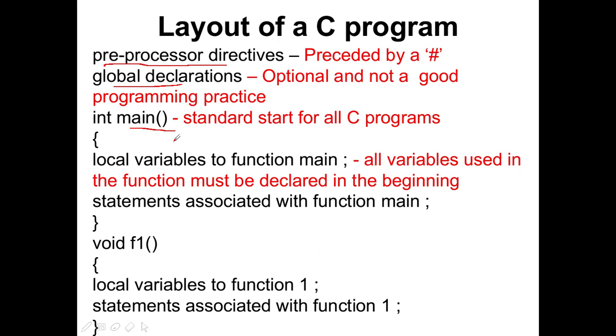So main followed by a pair of parentheses should be there, and what you give before it is the return type. Functions are like modules, small pieces of code that will run, that can take parameters as well as return something. Here we are just saying that it will return an integer, and then you should start a curly brace. This is the syntax, you should follow the syntax.